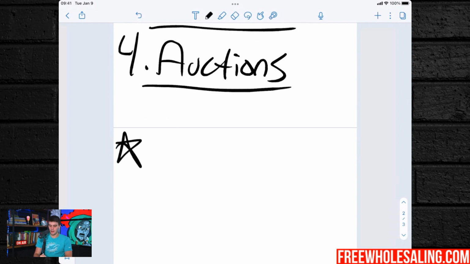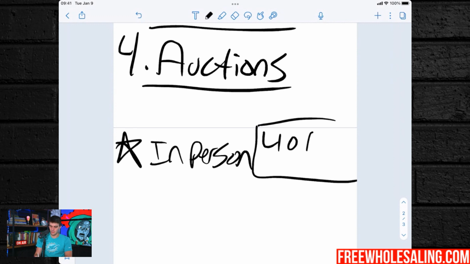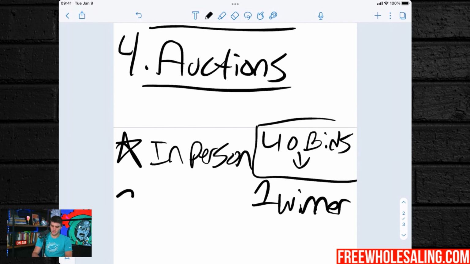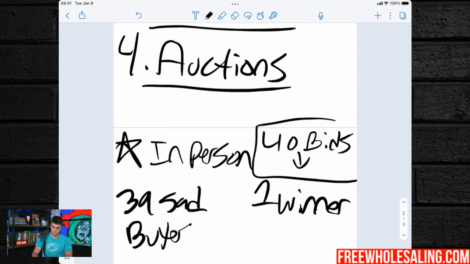You can go to like in-person auctions. Those are my favorite. Because if there's 40 people bidding, there's 40 bids, there's only going to be basically 1 winner. So that means there's going to be 39 sad buyers. Which means we get an offer. We can offer our property to these 39 sad buyers that have all this cash and they just couldn't buy